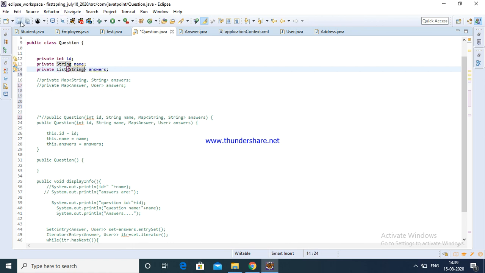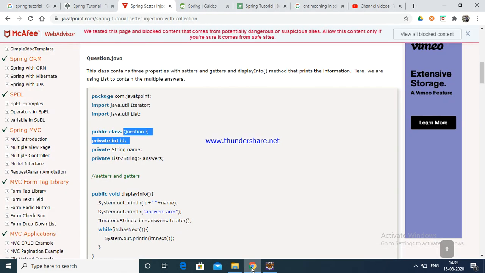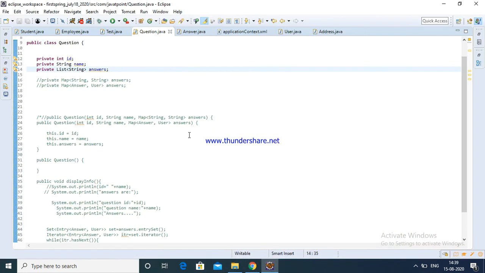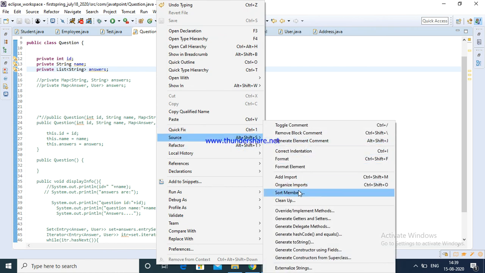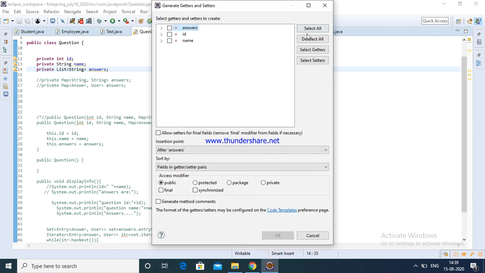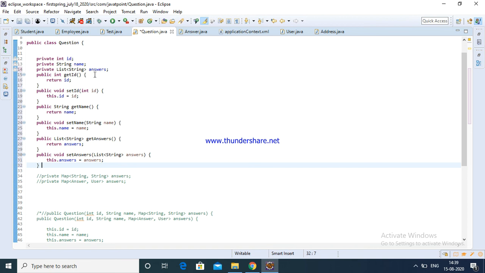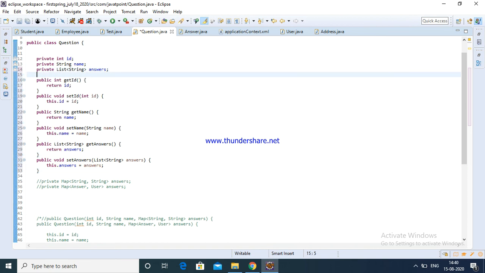Now we are completed. Just go and check String answers. Now right click, Source, generate setters and getters. Select all, click OK. Now see here, it generated all the setters and getters.